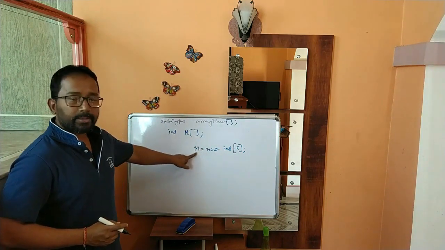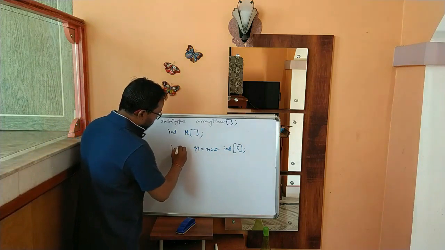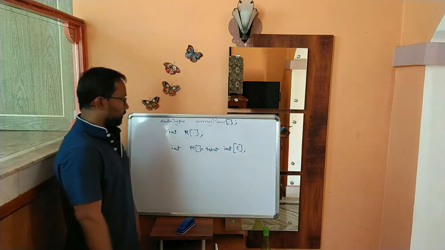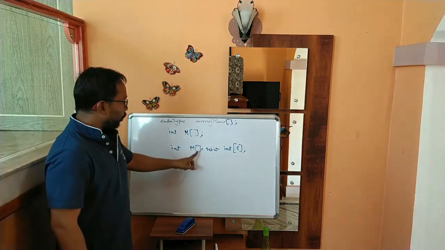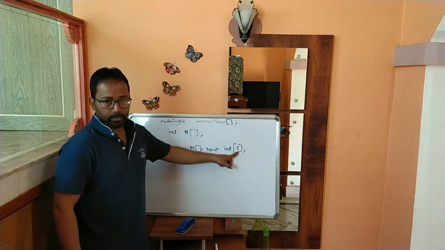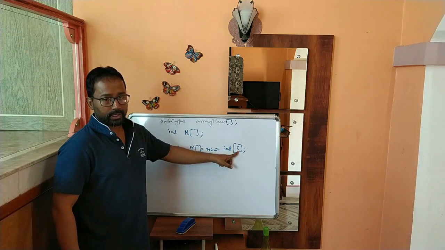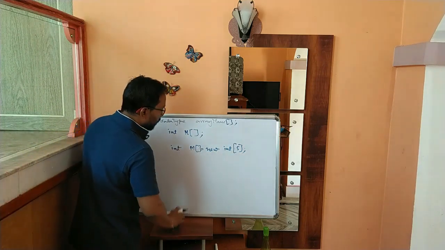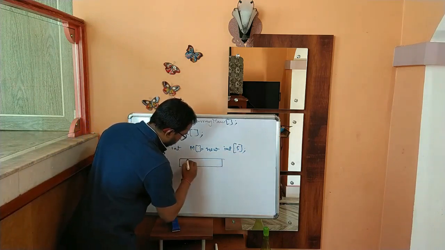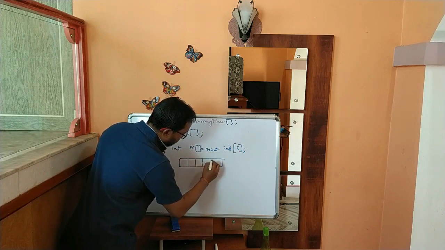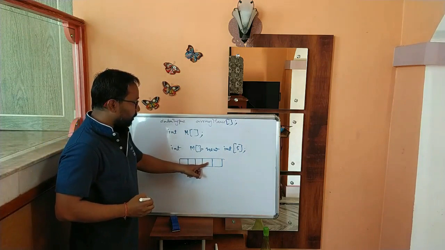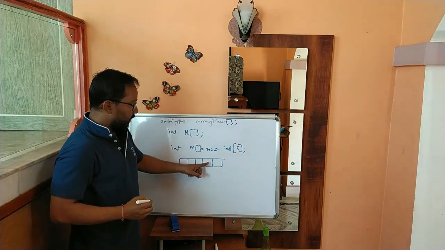Now these two statements can be combined. How? int, give some space here before this equal to. Don't put anything in this square bracket, but here we have to give a number that will be the number of elements for the array. So this will create one array in the memory with 5 integer blocks, meaning 5 elements. Each of these integer blocks can store an integer value.